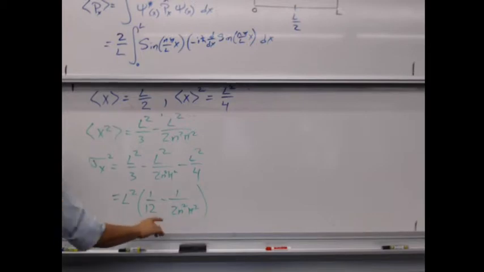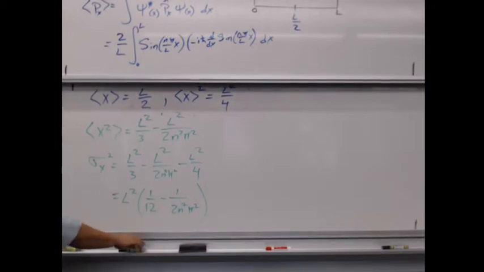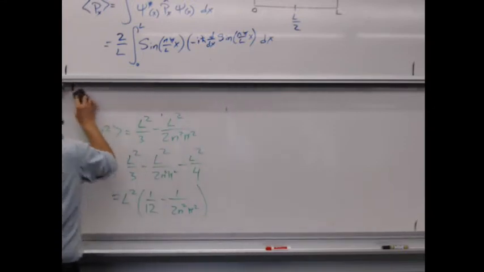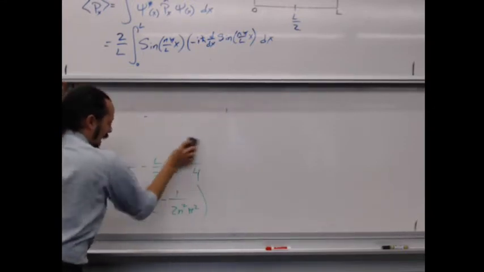Let's see. I'm going to write this off to the side because we're going to want sigma x in just a little bit. Sigma x squared is L squared over 12 minus 1 over 2n squared pi squared. Okay, so the integral that we have to solve,